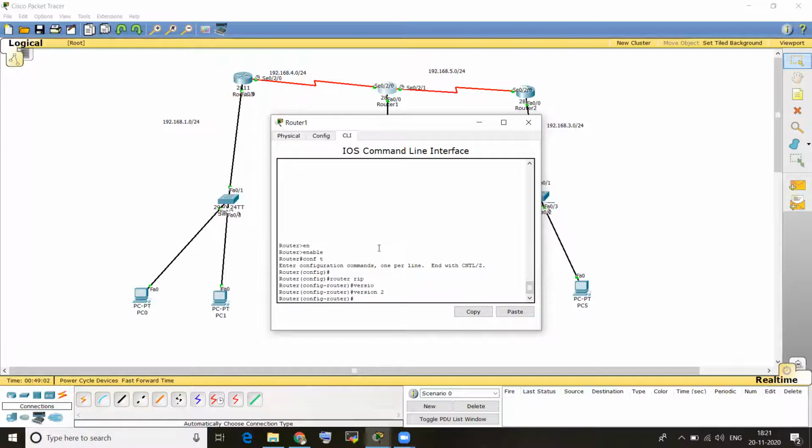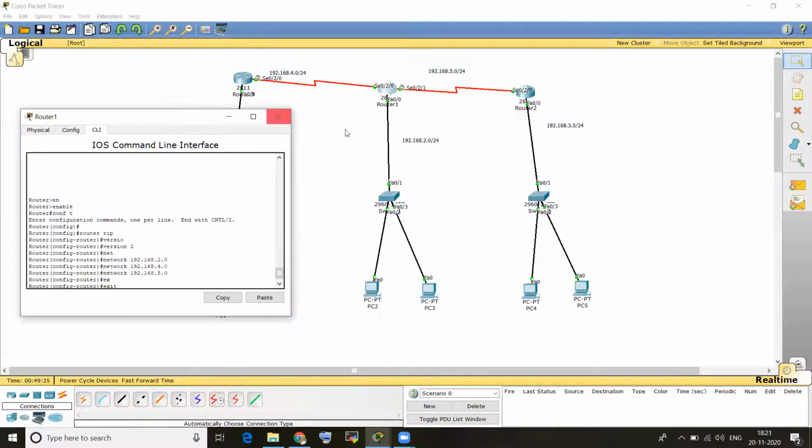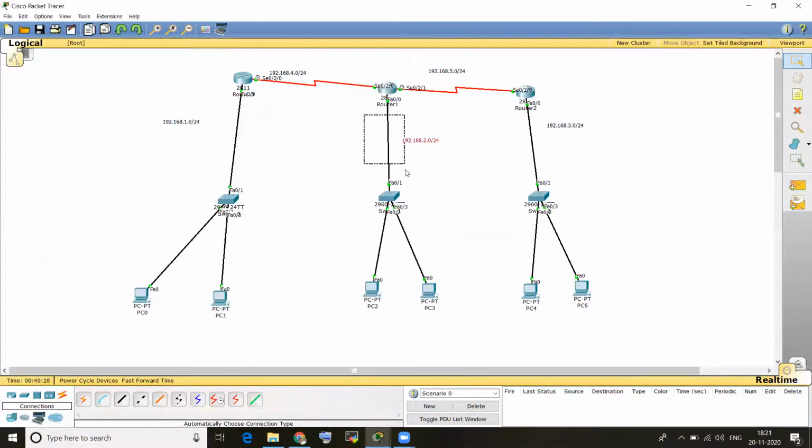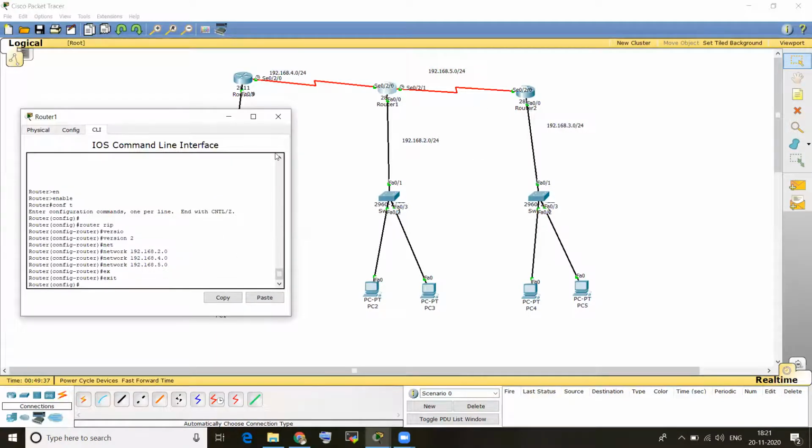Here you have to give three networks: 192.168.2.0, 4.0 and 5.0. Exit. Why did we give three networks? For the second router, three wires are connected. This wire is the 2.0 network wire, this wire is the 192.168.4.0 network wire, and this one is the 192.168.5.0 network. So we have to give it three times.